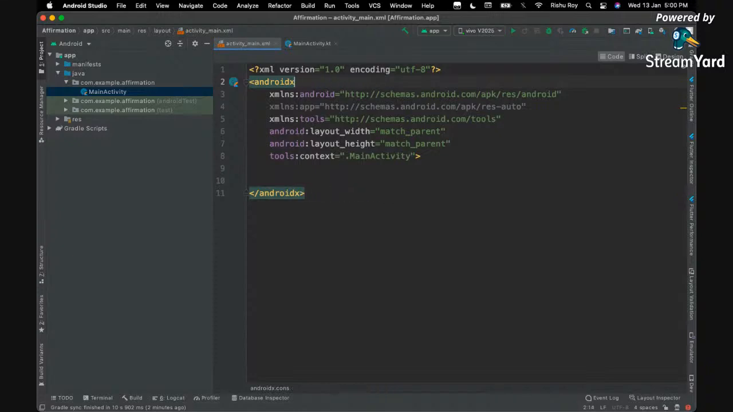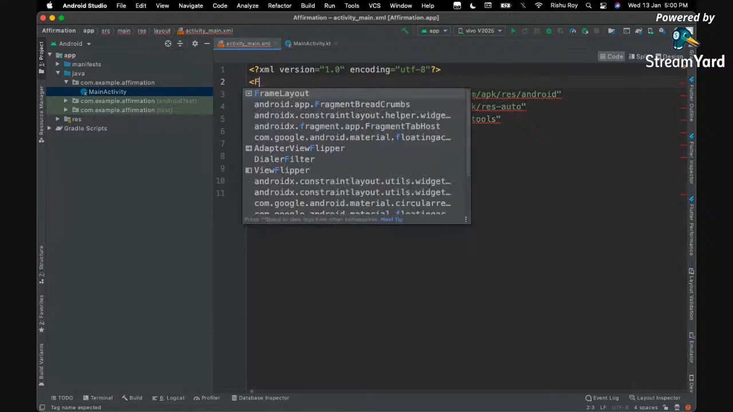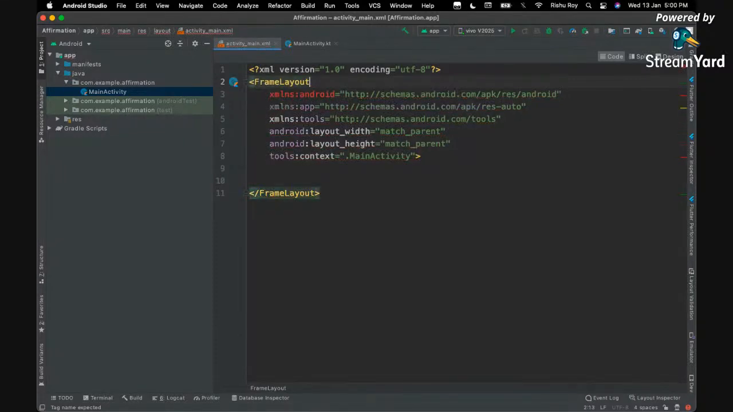ConstraintLayout is basically used if we have different children on the screen. So let's say we want to add a TextView, we want to add an ImageView and all that. For this we have to use ConstraintLayout. Here we are going to use FrameLayout, and FrameLayout basically has a single child, and the child is going to be